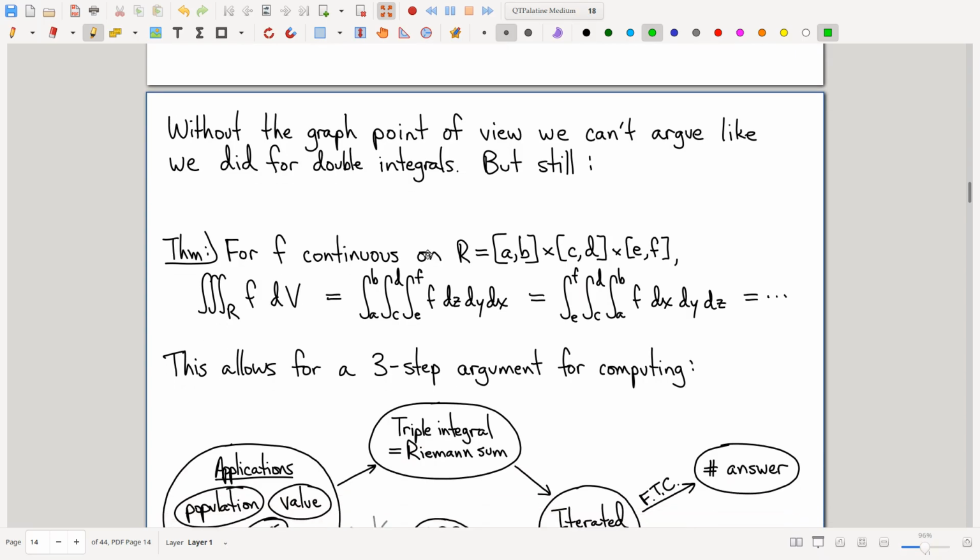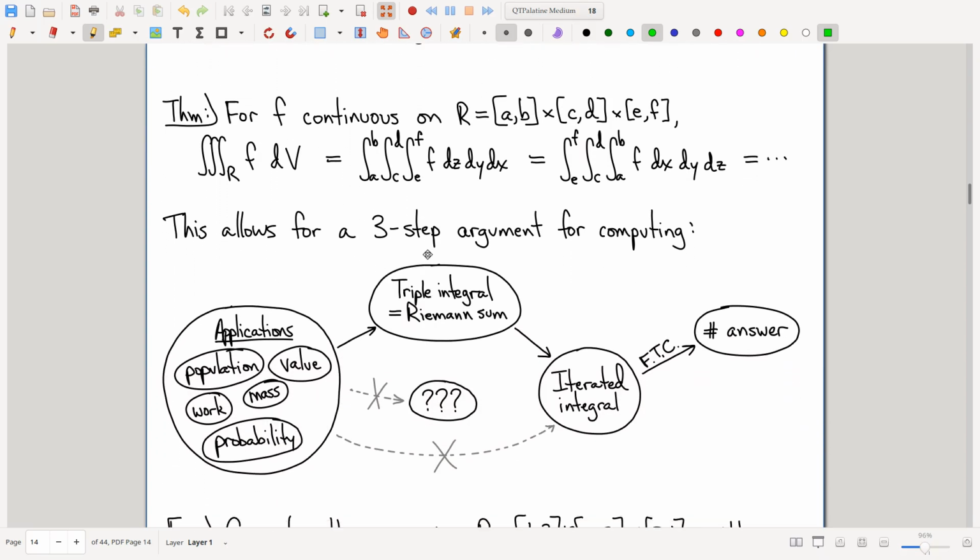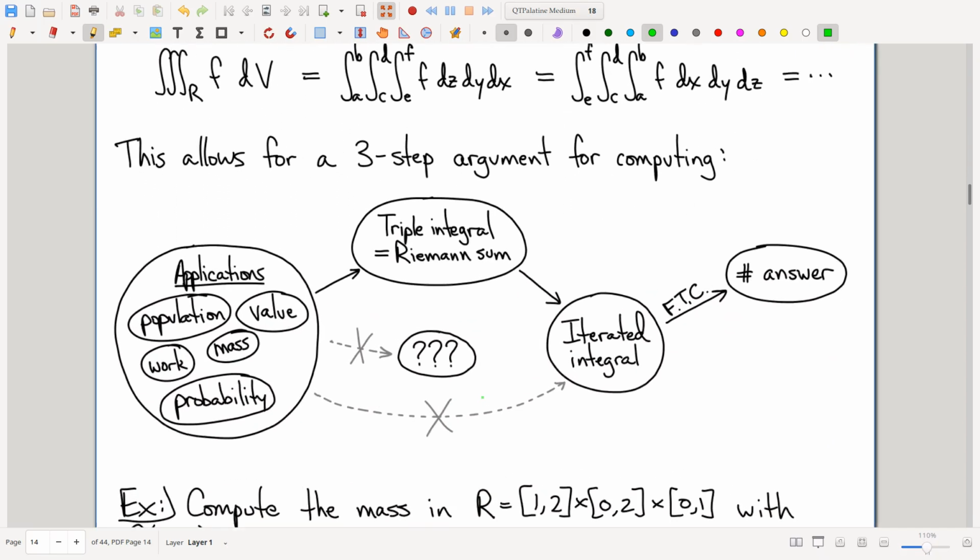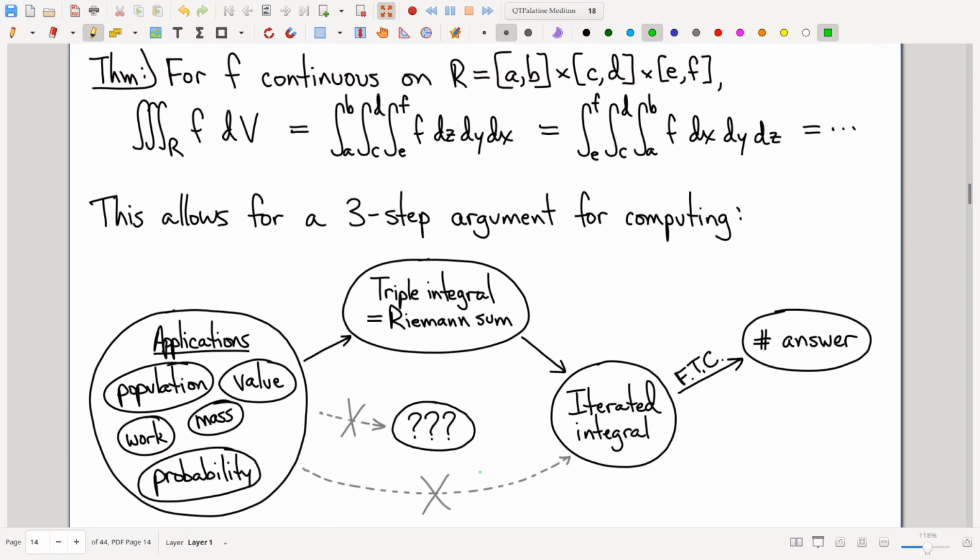All right. Now, let me focus on this diagram for a moment. I think I can probably fit. Yeah, there we go. So y'all probably recognize this diagram, or at least it looks a lot like a diagram that we talked about back with double integrals. Now, there are a few things that are different on this diagram. So this right here is where we had previously talked about volume under the graph of a function of two variables. Well, for triple integrals, this would have to be,